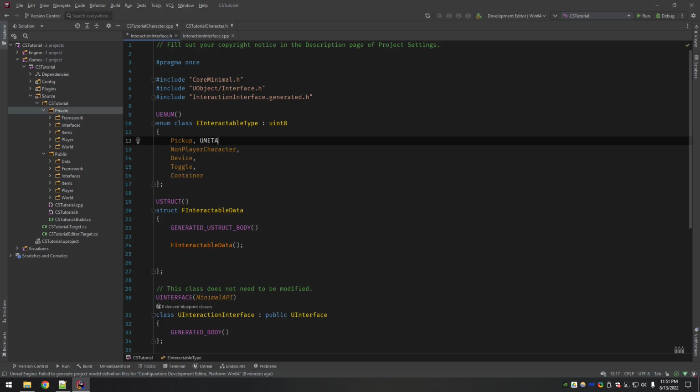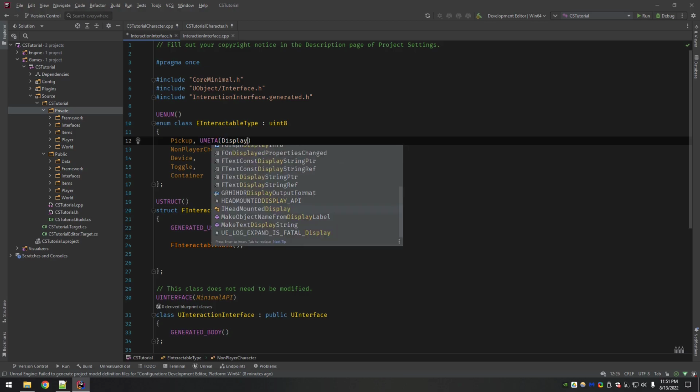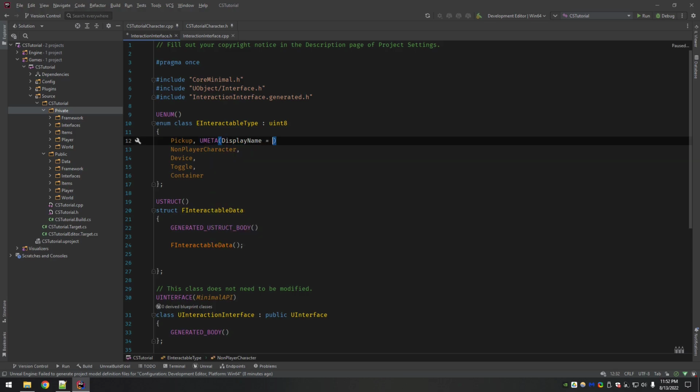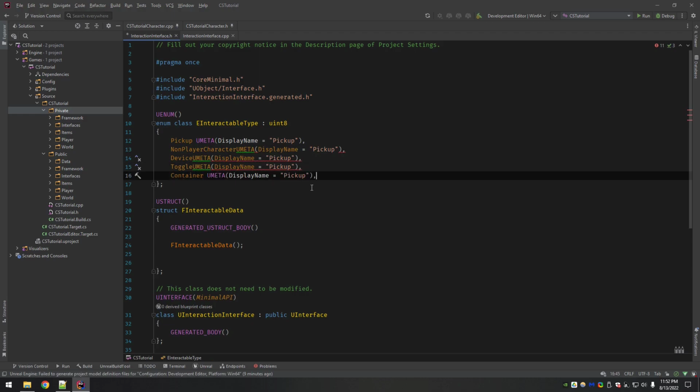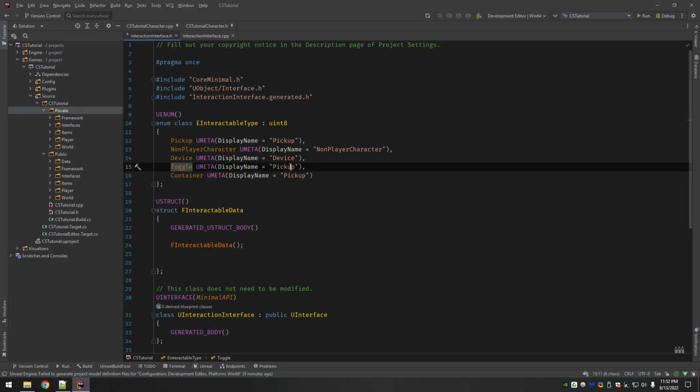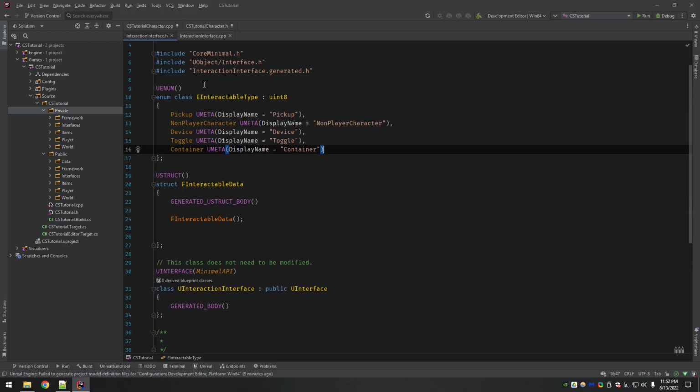So let's add in our UMETA DisplayName. Need the comma to go after that. I'm going to come back and fix this in just a second. Okay, so there's our interactable type.